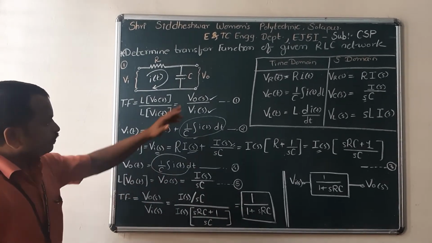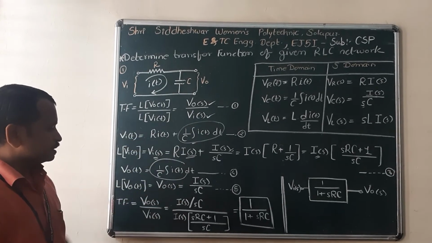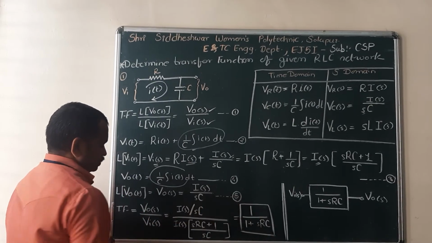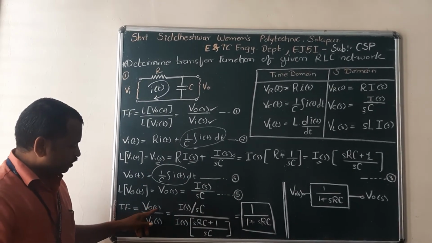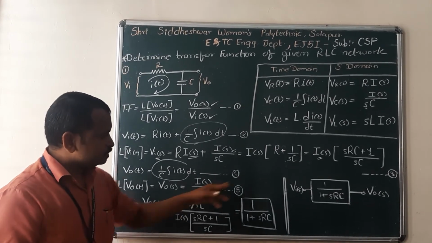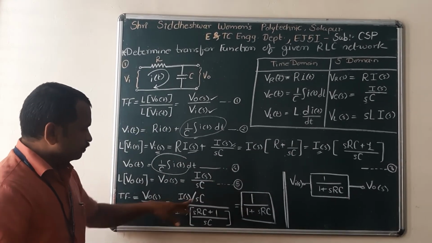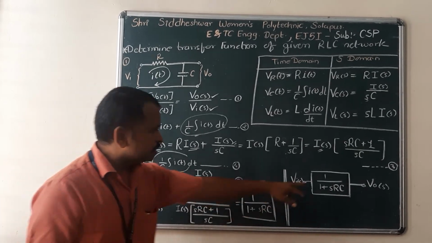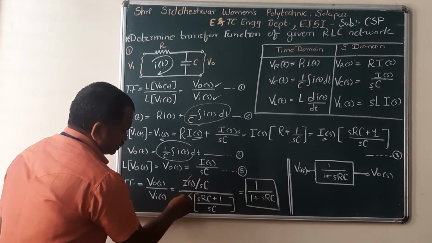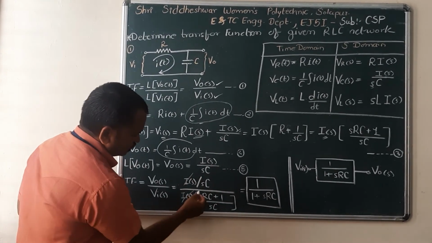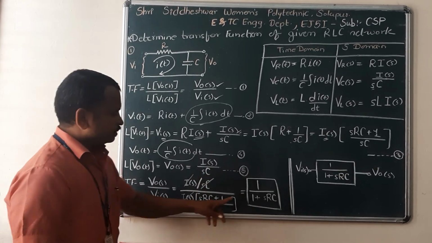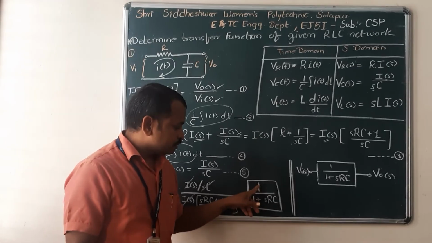Now we have found VO of S as well as VI of S, the fifth equation and the third equation. Transfer function is equal to VO of S divided by VI of S. Put in the values: the fifth equation here and the third equation here. Here I of S gets cancelled. Again this term also gets cancelled, SC. Lastly the output is